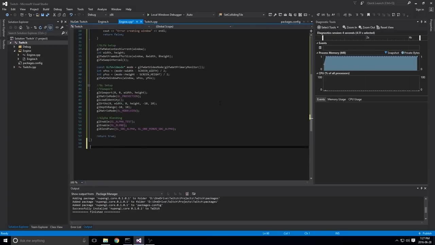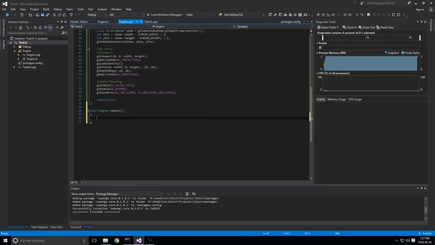So we can go ahead and do void engine update. And update is, for now, not really going to do much. In terms of the engine, all it really has to do is call a very specific GLFW function, glfwPollEvents. And what this is going to do is allow GLFW to handle all of the events that are stacking up in the queue. So, for example, if I move my mouse or if I drag the screen around, this is going to allow those events to be processed by GLFW and actually taken care of for us. If we don't have this, we won't be able to move our screen around or take care of any events that GLFW receives. So we need that in there.